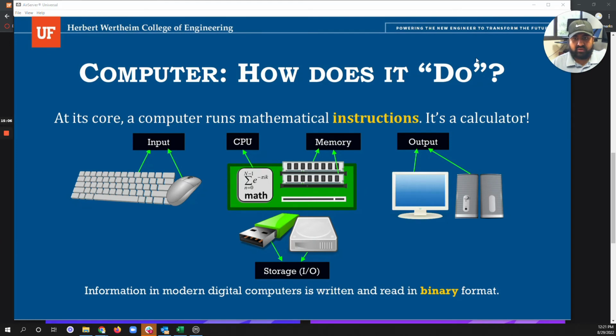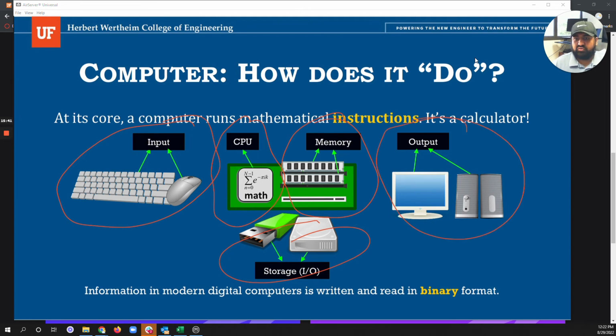The last thing before I end the lecture is we are going to talk a little bit about what a computer is. At its core, a computer is nothing but a machine that executes instructions. It's just like a calculator. There are four big parts of every computer. Number one is called the input. The second one is called the CPU, which is kind of the brain of a computer. Memory is also called storage, which stores the data in a computer. And the last one is output, where you receive the result of some input which has been processed or stored